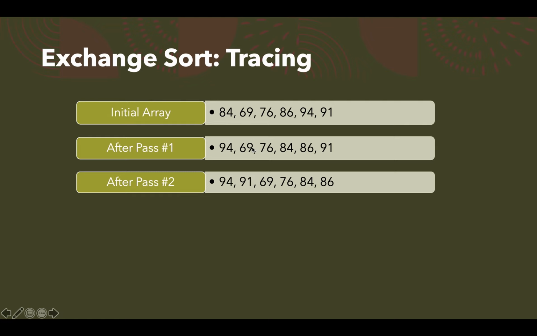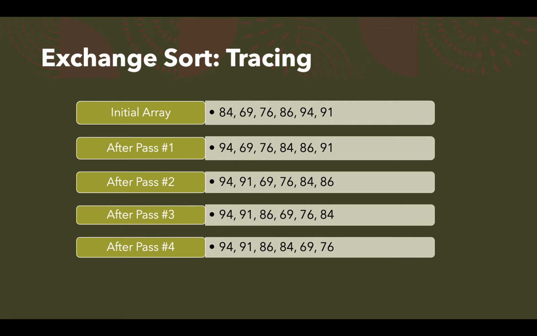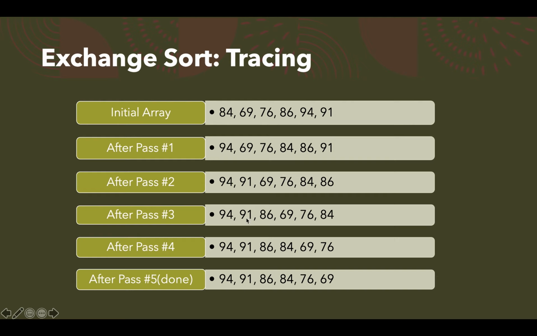So I would recommend you to do the tracing for this input, every pass, and you can see the loop is running for 1 2 3 4 5 6, right? So there are 6 elements, and you get the sorted output at the end of the pass number 5. Okay, so n minus 1 times this is executed, and every time you can see one number is compared with the remaining all elements, and the decision of swapping is taken based on the condition that you want to apply. Okay, so this will be the output of exchange sort.